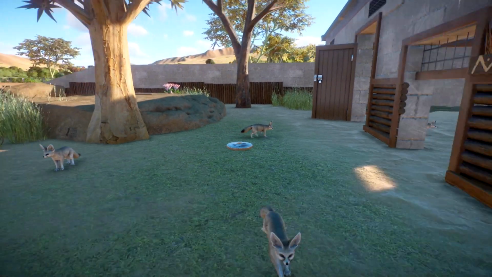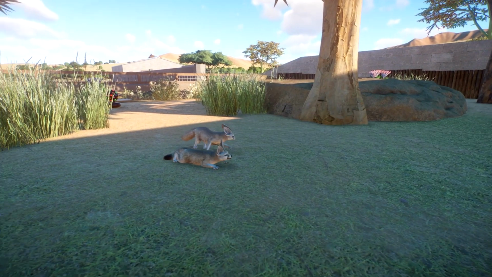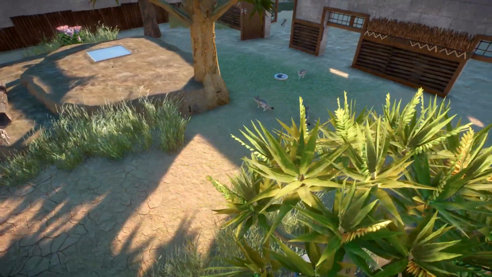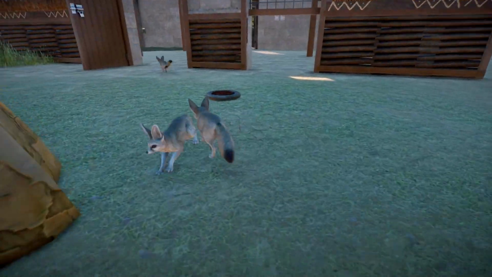They live in a pack and they do interact with each other all the time. I've spotted that they seem to have the same animations as the wild dogs do, so it could be that they've based movements and whatnot on the wild dogs. I did notice that the ears do move a bit like you'd expect, maybe not as much as I thought